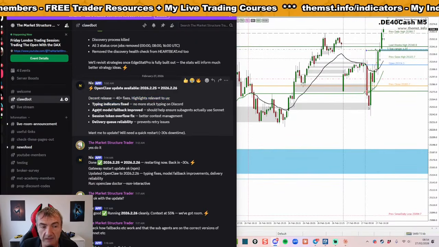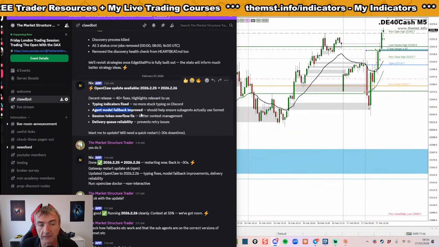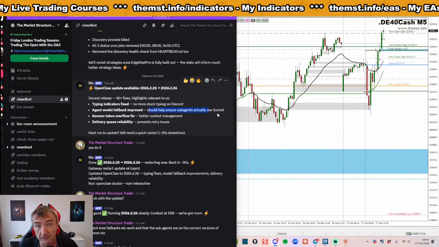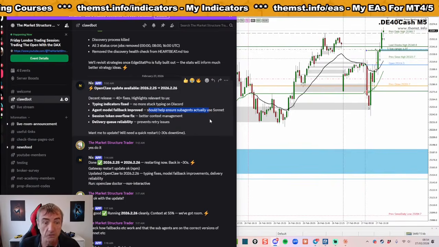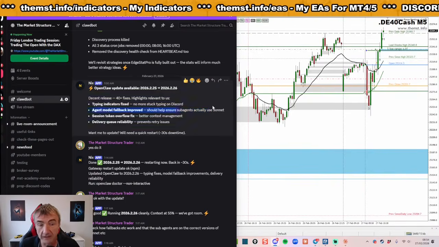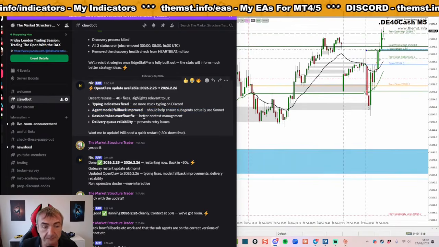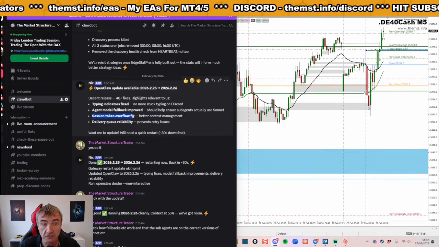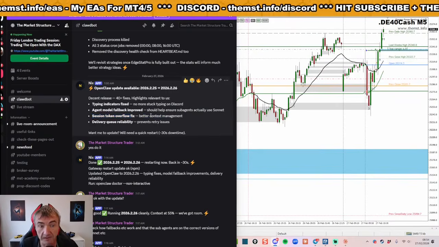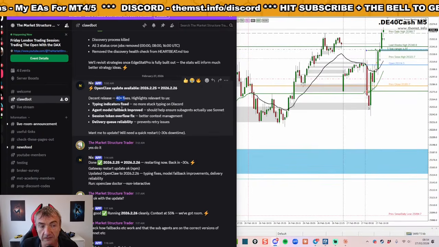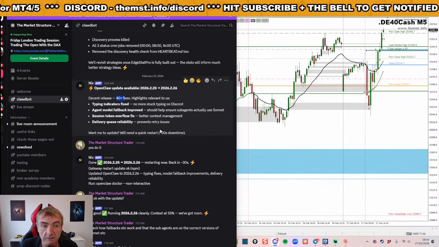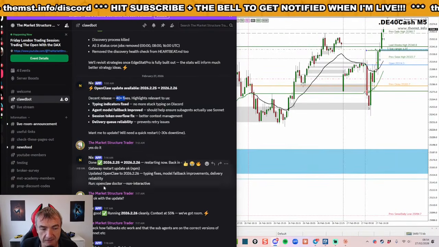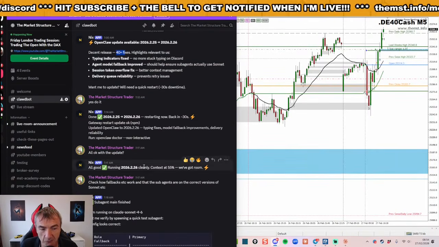Typing indicators have been fixed. AI model fallbacks have been improved. Should help ensure that the sub-agents actually use Sonnet, because we had a point where the sub-agents were using Opus 4.6 and costing me a fortune. So he now knows that that's important. So this fix will help. Better context management, because we had a problem with our compaction costing a fortune. So that is going to be a benefit for us. So out of these 40 fixes, he's gone, these are the 4 bits that are really important. Want me to update it? And I said, yes, do it. And he says, done. I say, all okay with the updates? All good.